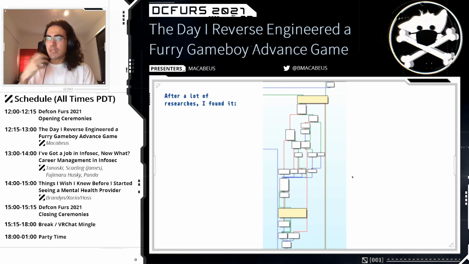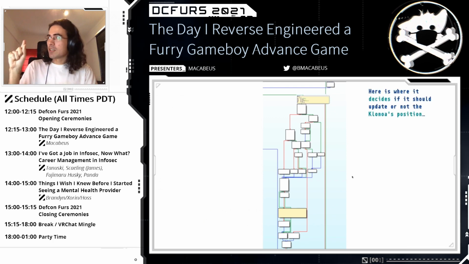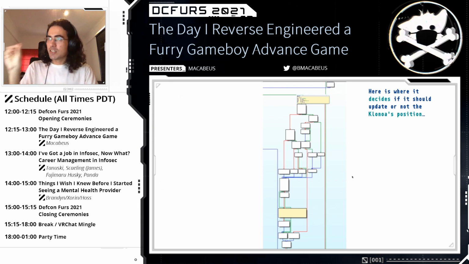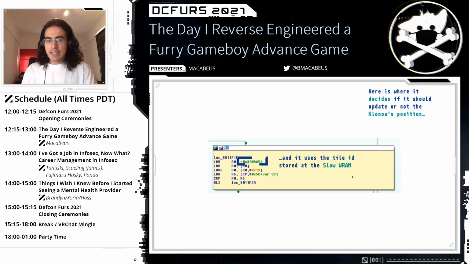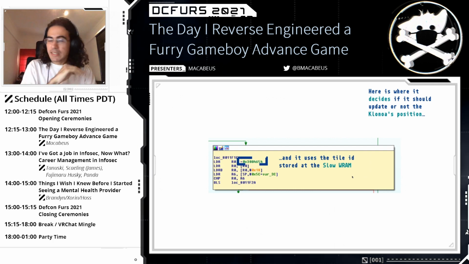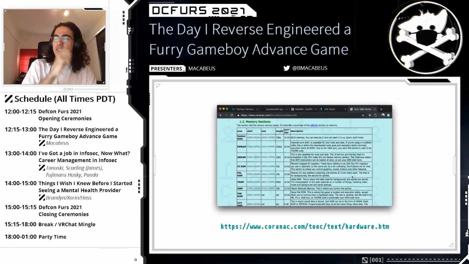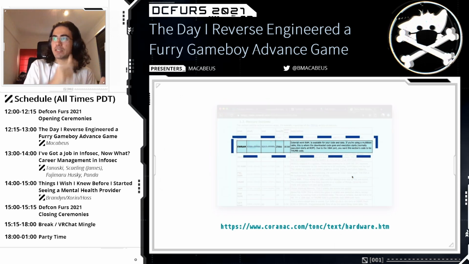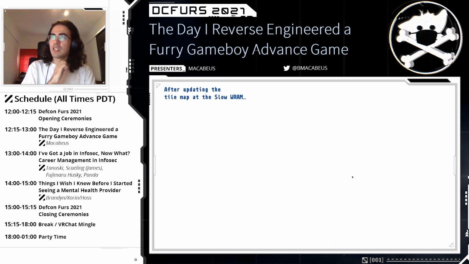And after a lot of research, I found that this block is where the in-game Y position is updated. And the upper block decides whether or not to update Klonoa's Y position. And checking the detail of this block's assembly, we can note that it uses the tile ID stored at the Slow W and not Fast W. And the Slow W is another memory section. There's a large one, and the game stores the entire tile map in this memory section. And after updating the tile map at the Slow W,